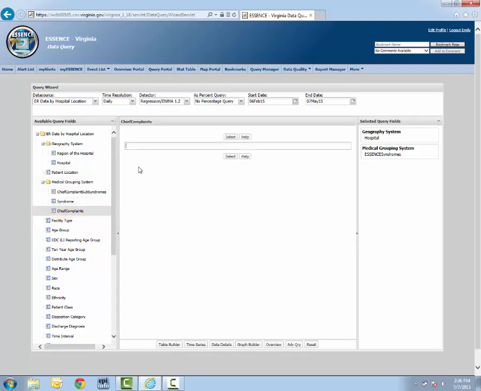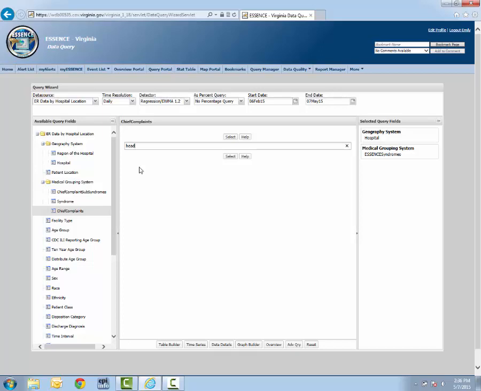If you wanted to search visits for chief complaints that contained only the word head, simply enter head with no punctuation. This will return results where the chief complaint is an exact match for the word head. This is a very simple free text query and won't really return the visits we're looking for, so we'll need